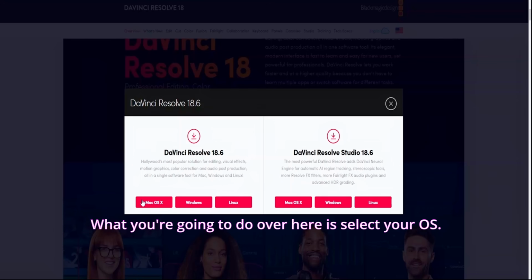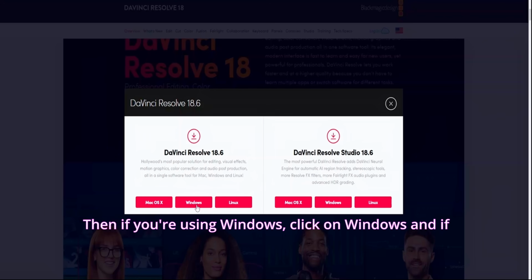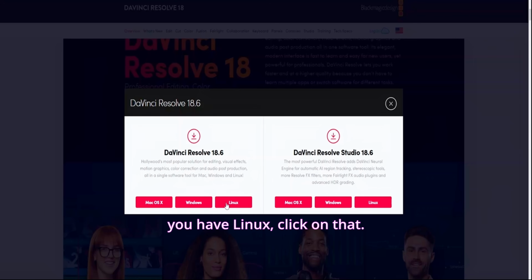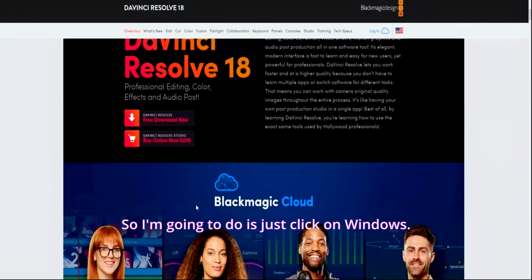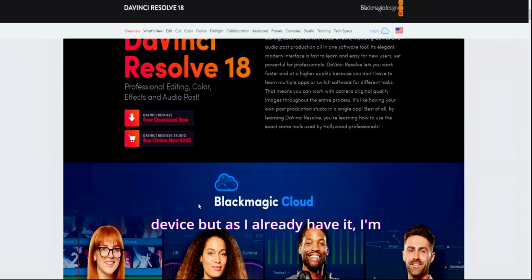What you're going to do over here is select your OS. If you have a Mac OS, click on this Mac OS X. Then if you're using Windows, click on Windows, and if you have Linux, click on that. So I'm just going to click on Windows. It will automatically start downloading on your device, but as I already have it, I'm not going to be